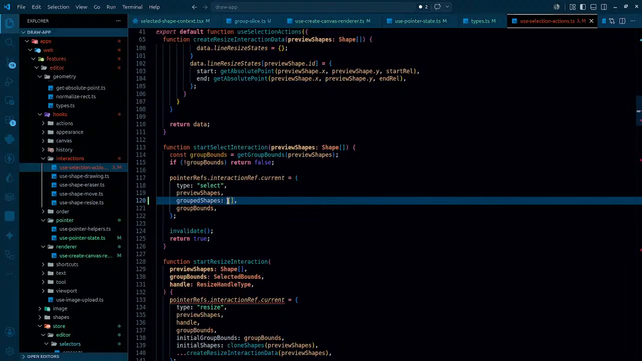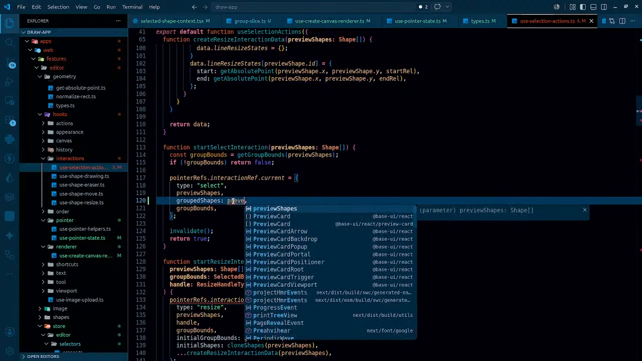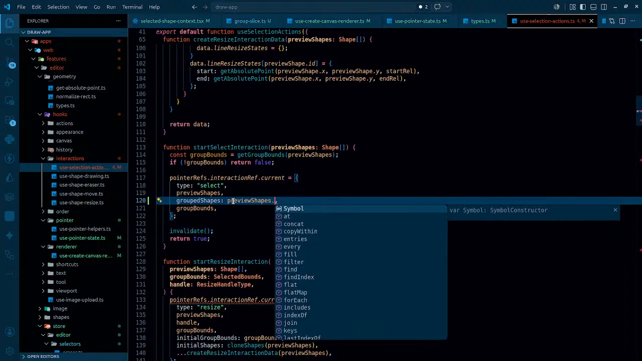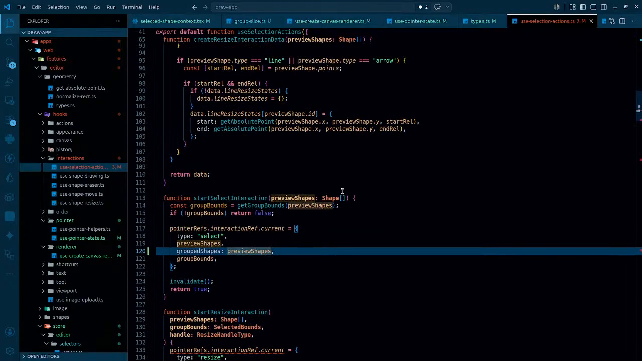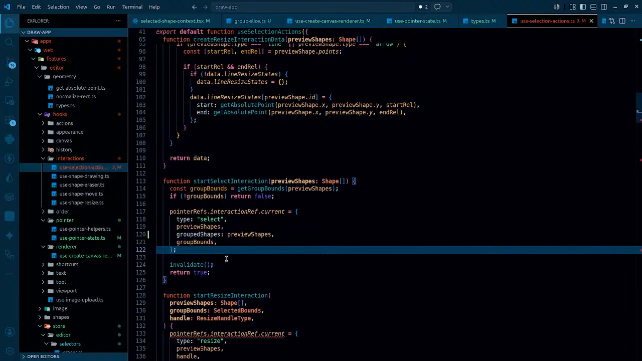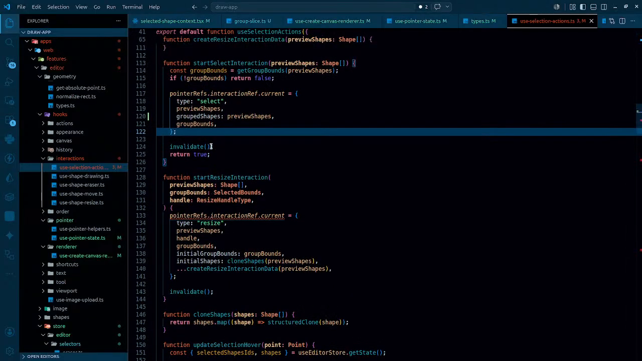So if the preview shape that I have has a group ID. Actually I have preview shapes left. Interesting. So preview shapes, any shape cannot be just the group. First of all, what is the preview shape here? Even before that, where is this being called? This start selection